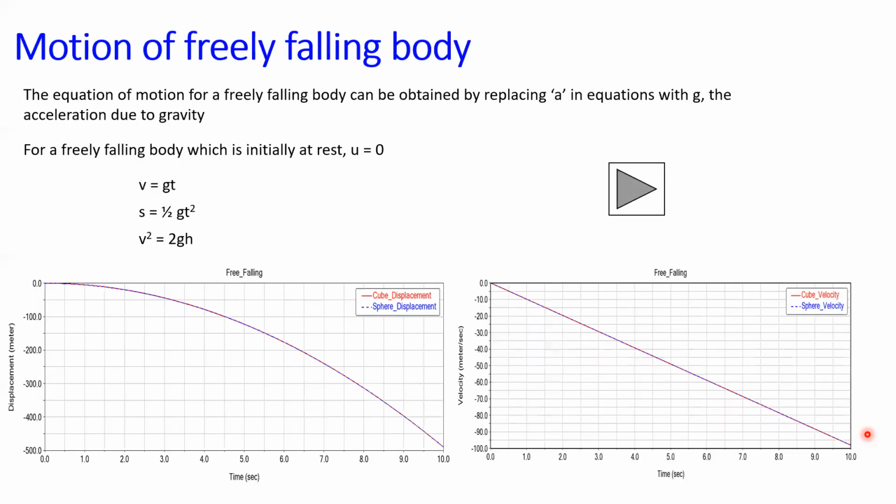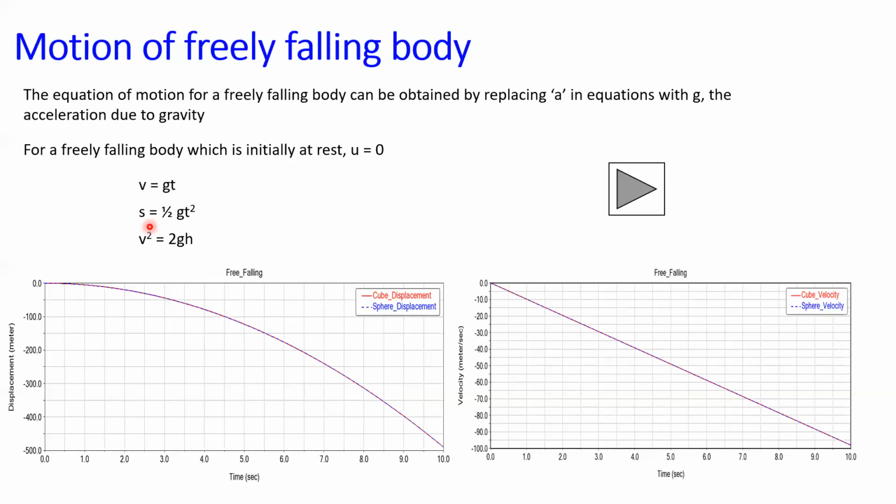When you throw the ball up, the ball will move in the upward direction for some time, then it will be coming down. As the ball moves up, the velocity will become zero, where the ball will be under the acceleration due to gravity. For this case, we can get the equation of motion by replacing a by minus g, as the object is moving up. When the object is moving up against the acceleration due to gravity, g should be taken as minus g.